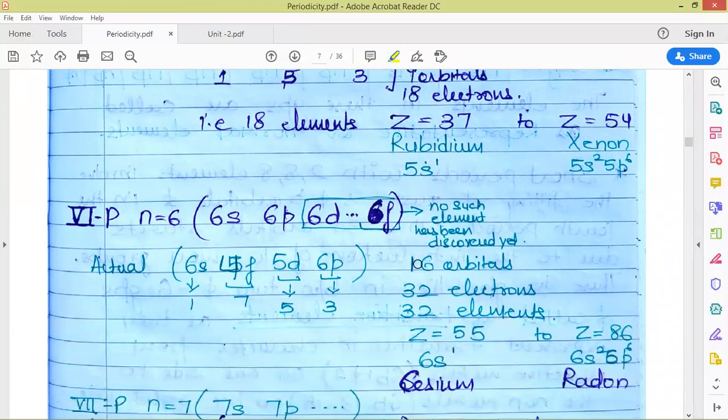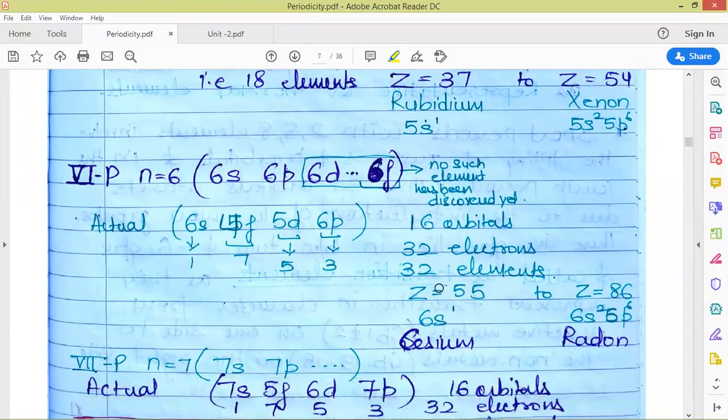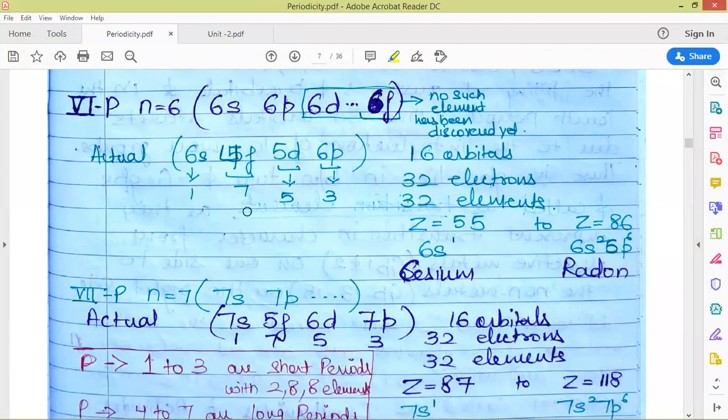In the sixth period, the actual subshells which should be filled are 16 orbitals. That means 32 elements should be there. But here the filling of 6s and 6p along with 4f and 5d is done. So it includes a total of 8 plus 8, 16 orbitals. That means 32 elements should be there, out of which 14 4f elements are